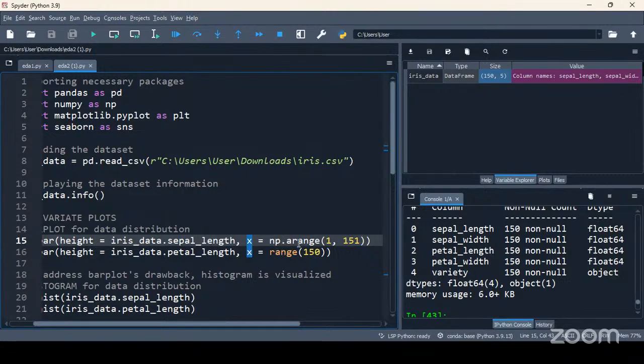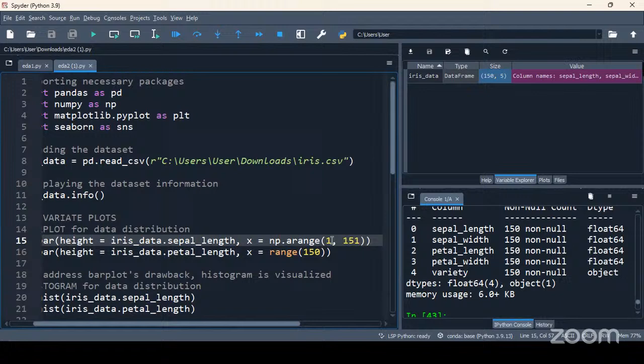In order to come up with 150 values, I'm using a function called arange from numpy, np. Within arange, there are two numbers, 1 comma 151.